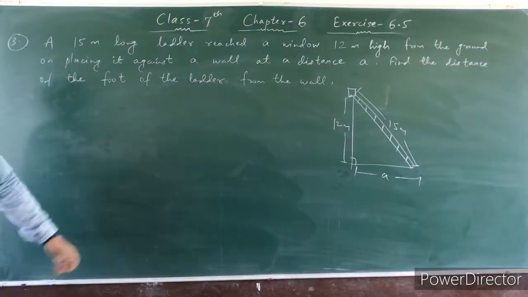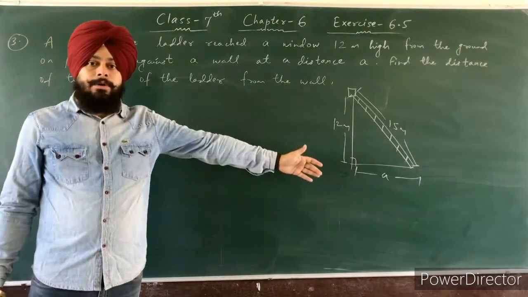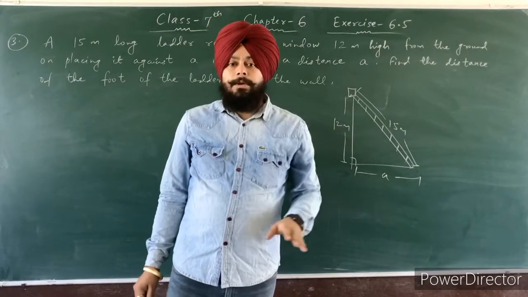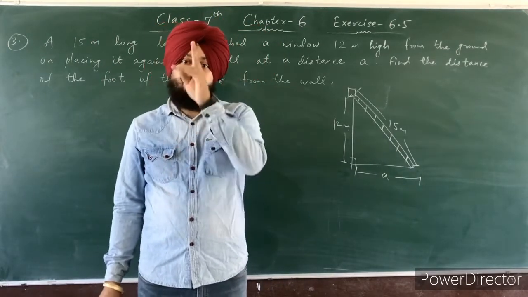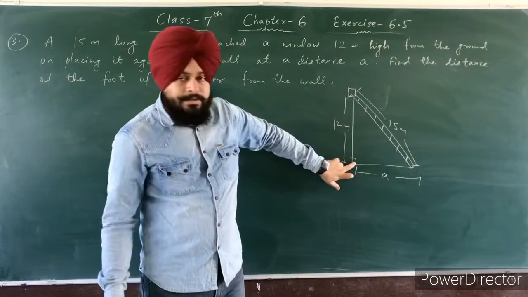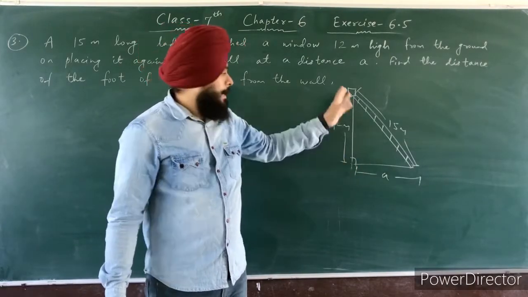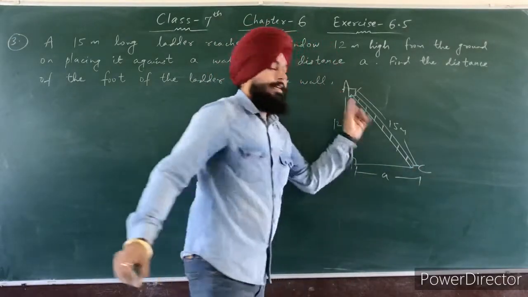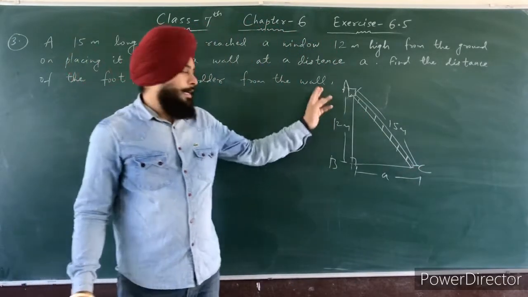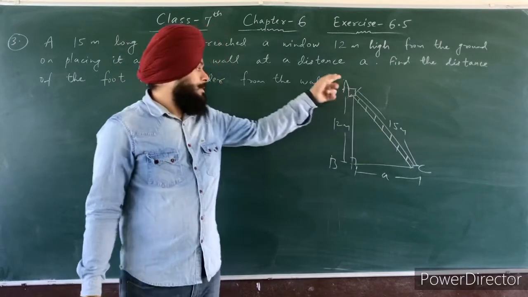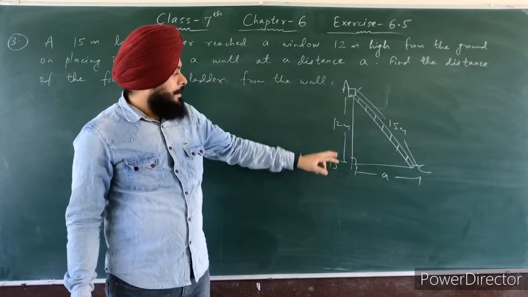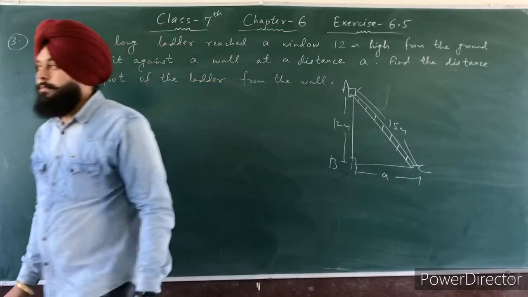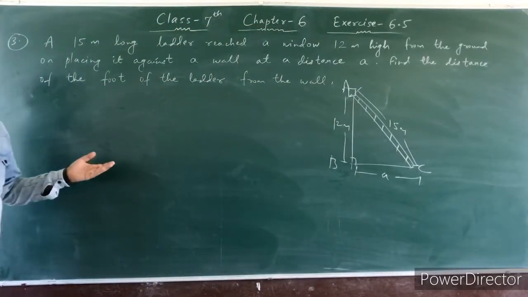So you can see here, this is again a right angle triangle, because the building is always vertical to the ground, always straight. So this angle is of measure 90 degrees, and the hypotenuse is this one. Take the points A, B, C. AC is the length of the ladder, that is the hypotenuse, 15 meter. This AB is the side of measure 12 meter. We have to find the length of BC. So what is the formula here?